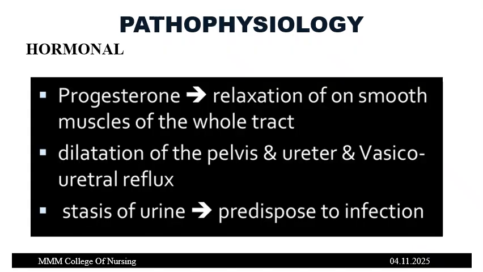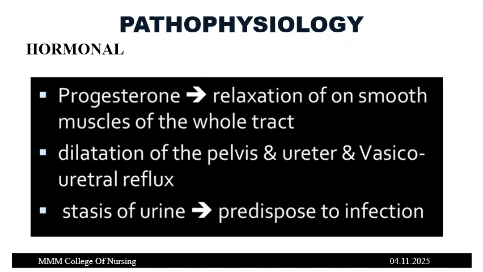Pathophysiology. Okay, so we have hormonal and mechanical. How is the hormonal pathophysiology caused? As I told already, progesterone causes relaxation of the smooth muscles of the whole urinary tract. Progesterone basically relaxes all the smooth muscles of the abdomen during pregnancy. So it causes relaxation of the smooth muscles of the whole urinary tract, which causes dilatation of the pelvis and ureter, and